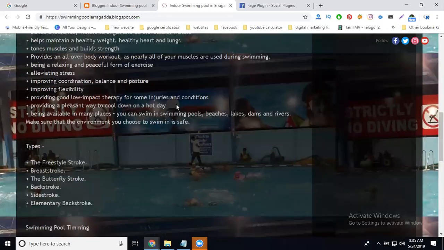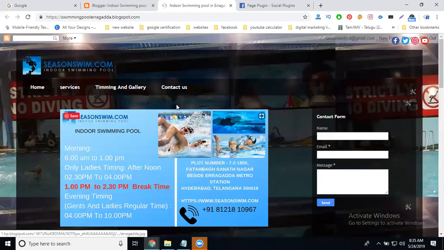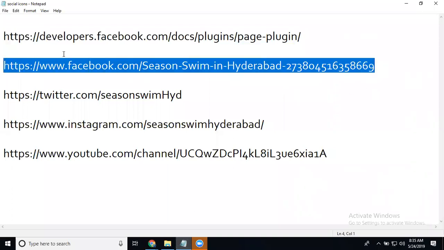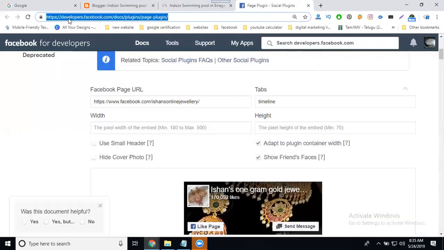Let's discuss a very important topic: how to add the Facebook page plugin on your Blogger site. Whether it is a Blogger site or a website, the same procedure is used for both. First of all, select your social icon, your Facebook page. The URL will be used by the